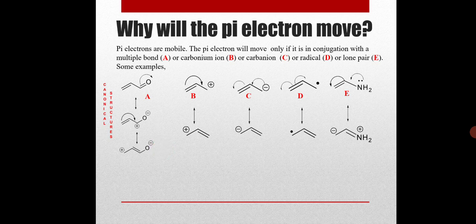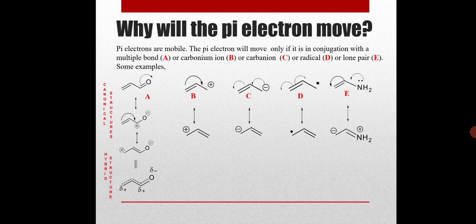B can be represented by two canonical structures, C by two, D by two canonical structures, and E can also be represented by two canonical structures. But canonical structures are not true structures, because A cannot be represented by any one of these structures. Compound A is a combination of all these three structures, and that combination of all these three structures is called a resonance hybrid structure,